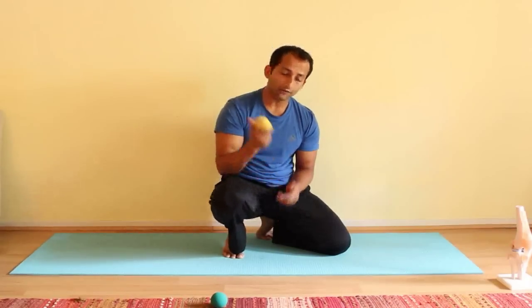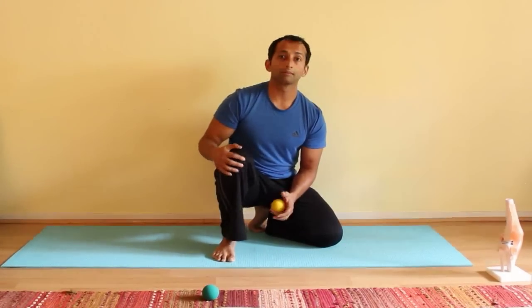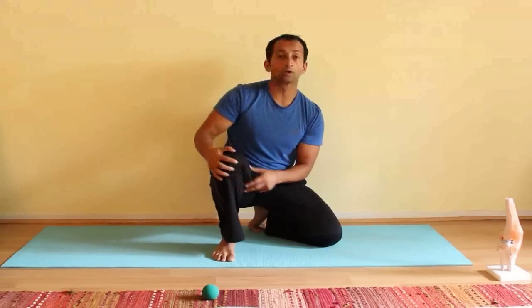Immediately after mobilizing that, you want to do some massage to that area and use some heat. I posted some videos in the past about the importance of using heat instead of ice, so check out that video. You can even do a warm water soak for that region. Put some Epsom salt and baking soda, and stick that leg in a bucket and put some warm soak on that whole